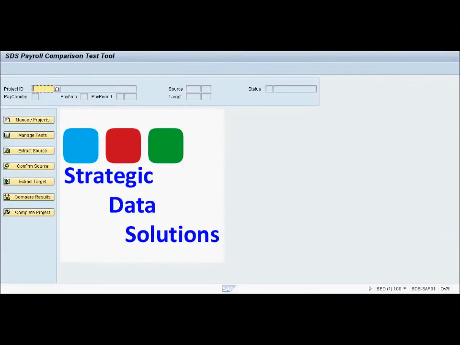Welcome to the Payroll Test Tool, which forms part of the SAP Payroll Testing Service from Strategic Data Solutions. The tool has been developed in order to facilitate testing of payroll results after the introduction of a change within the system. This could be as a result of a custom wage type update, HRSP note applications, or a larger project implementation. Changes that have been introduced will affect payroll results, and the Payroll Test Tool makes it easy to